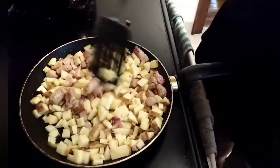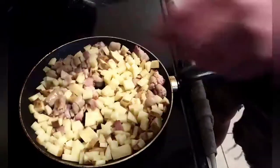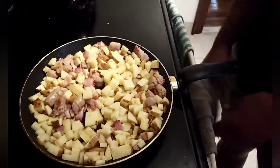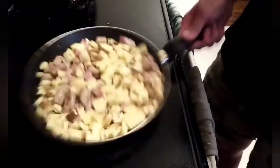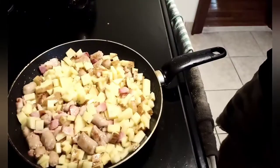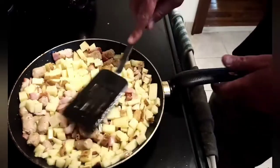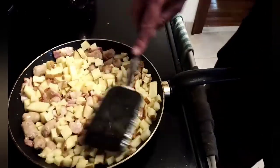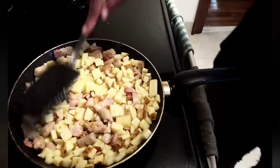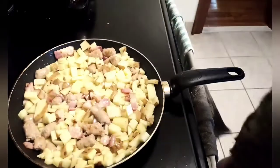Now, a good thing also to do possibly in advance as part of your preparation would be to parboil your potatoes, and that would reduce your cooking time quite considerably here, and that is why we have cut them as thin as possible. So we're going to keep it again on a low simmer for a while. I'm just going to kind of pat that down, because what we want to do is just try and get a little bit of coating and colouring on the potatoes. And what we will do eventually